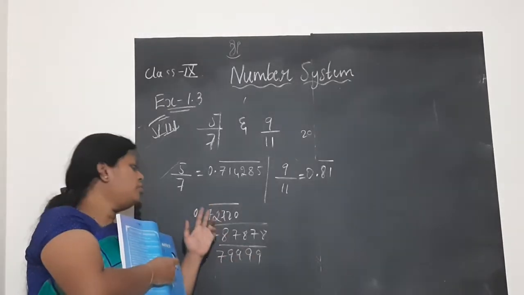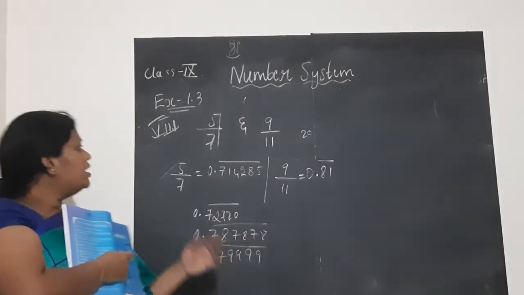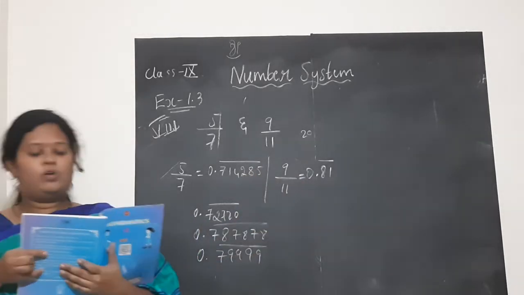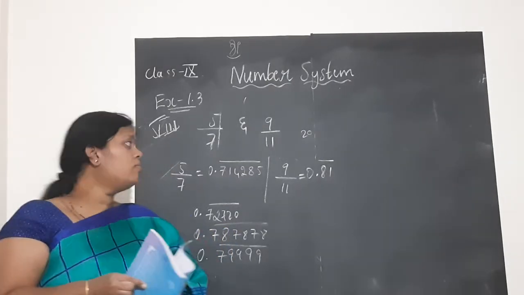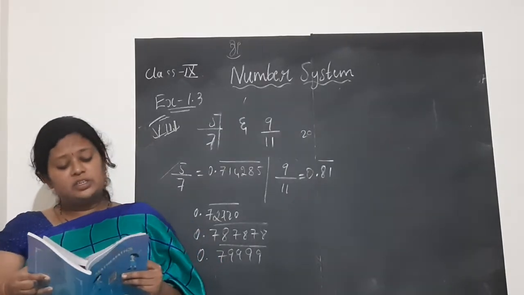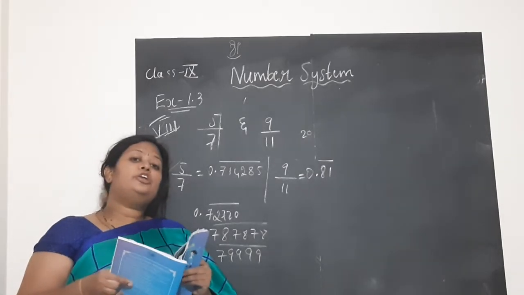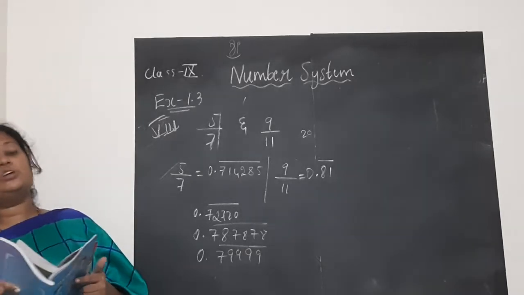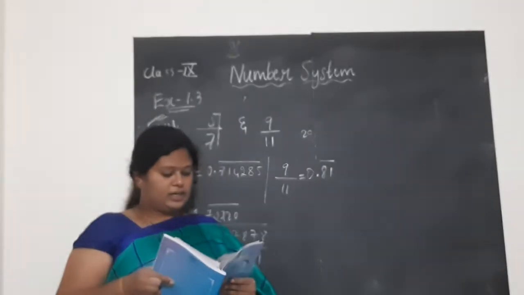It is not mandatory that you write these same 3 irrational numbers. You can write any number. It should be more than 0.7 and less than 0.8. Hope the point is clear to you, children. Next, in the 9th main, the question is, classify the following numbers as rational or irrational numbers. To do this, children, you need to know the definitions of rational and irrational numbers in terms of terminating, non-terminating, recurring and non-recurring decimals.